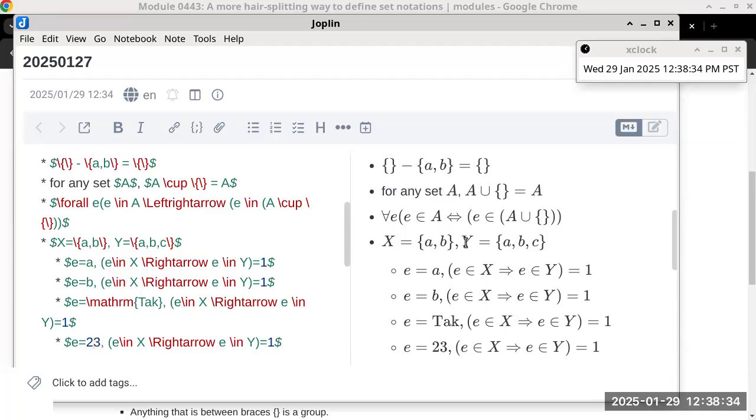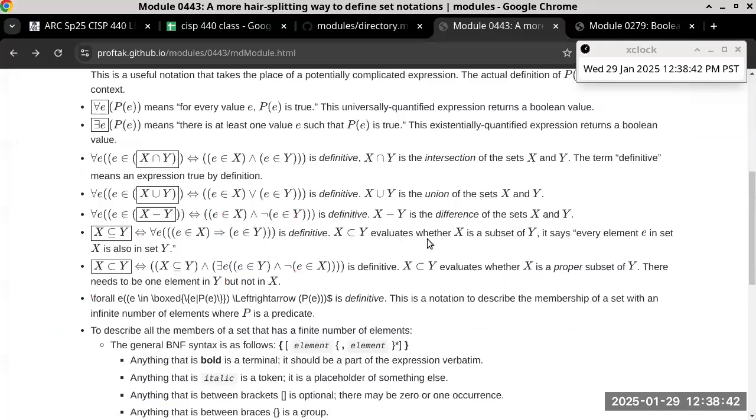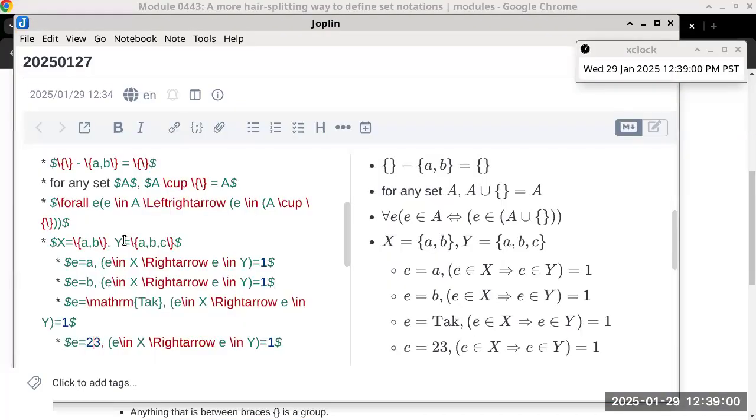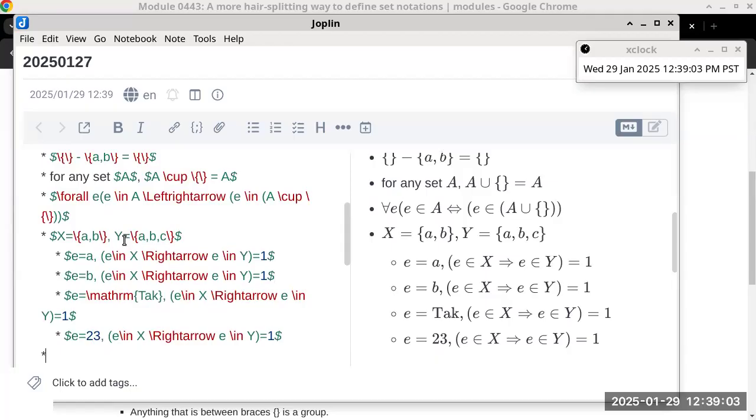Any other questions about using subset as a notation? You can see that the subset is kind of like less than or equal to. Which means no matter what set x is, it is always a subset of itself. Let me state that over here. So x is a subset of x is always true,